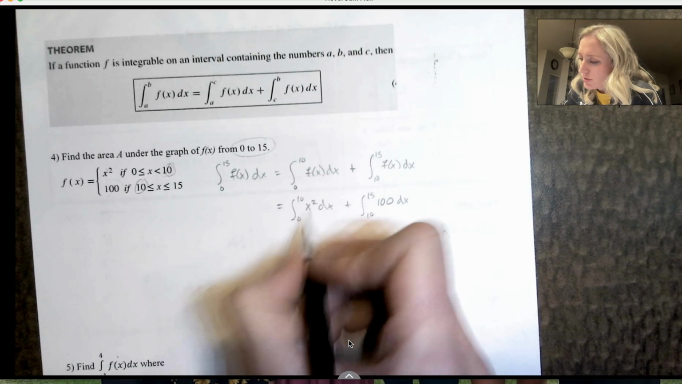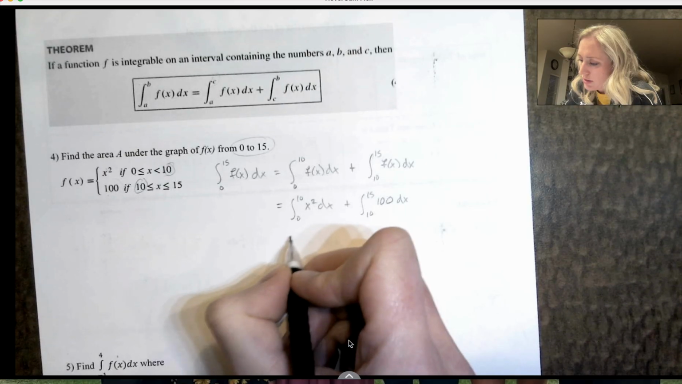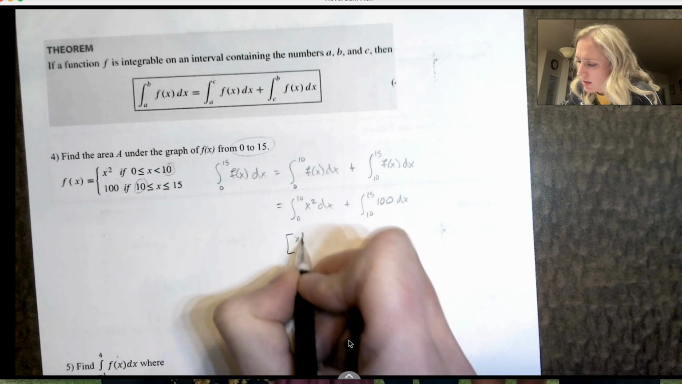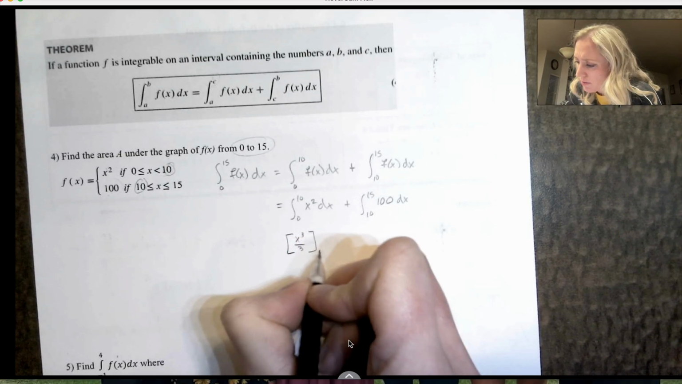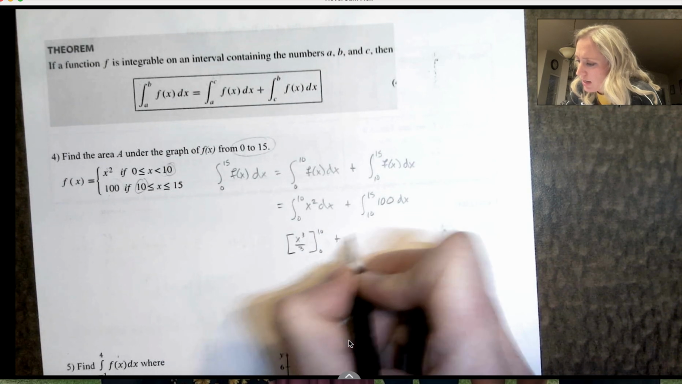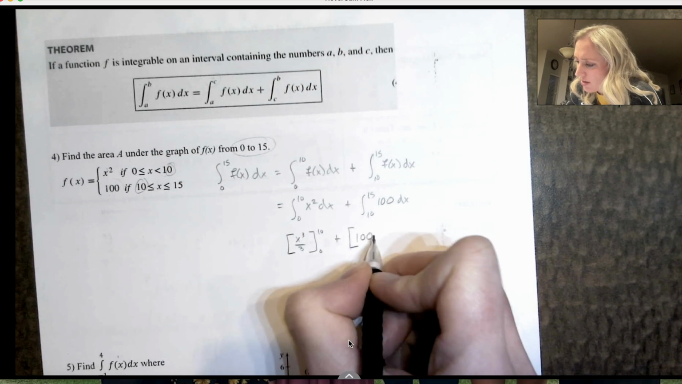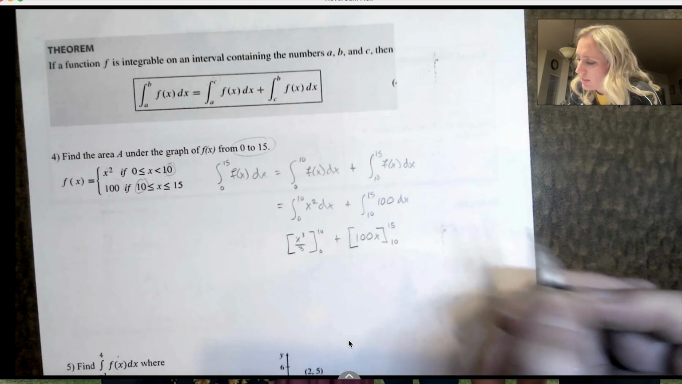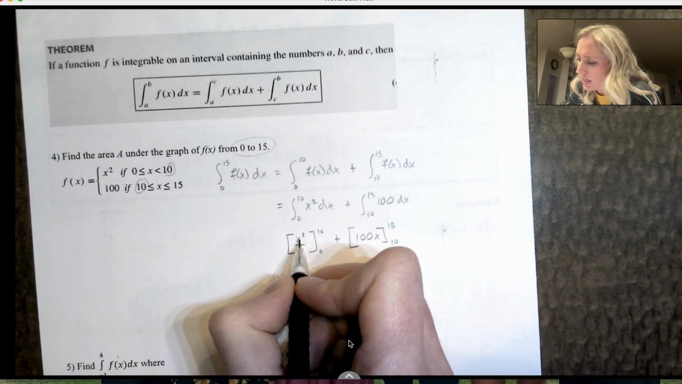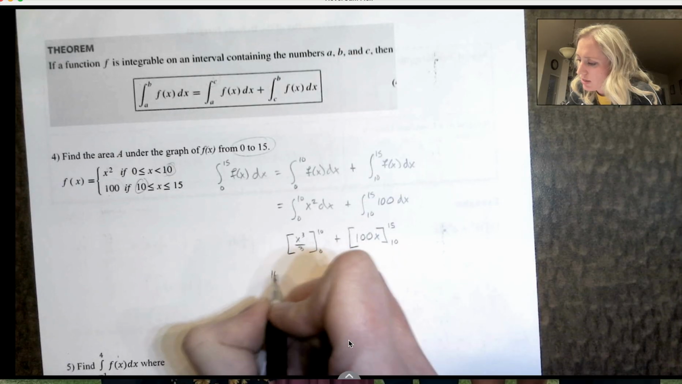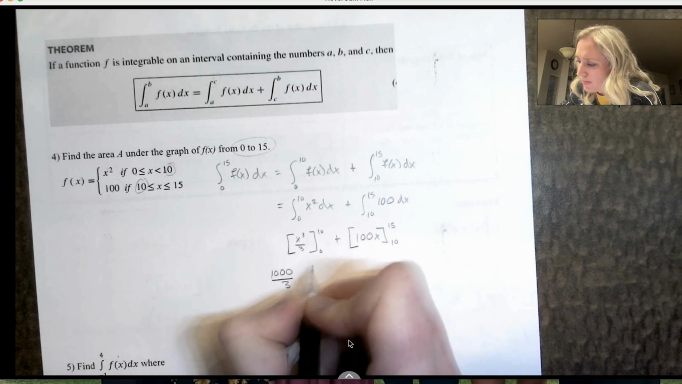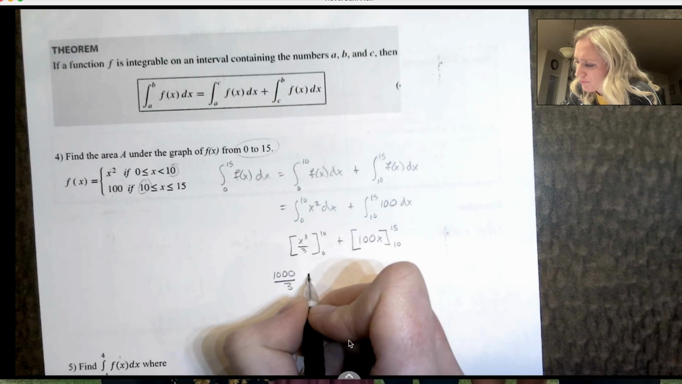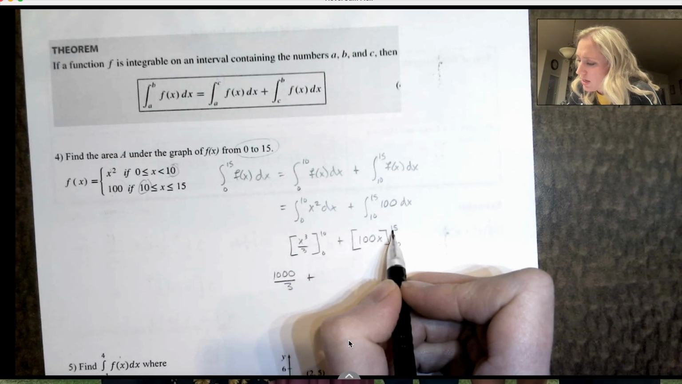So antiderivative here is x cubed over 3. We're seeing that one a lot. Evaluated from 0 to 10. And antiderivative of 100 is 100x. And we're evaluating that at 10 and 15. Okay, so let's see, we got 10 cubed is 1,000 over 3 minus 0 plus, let's see, we got